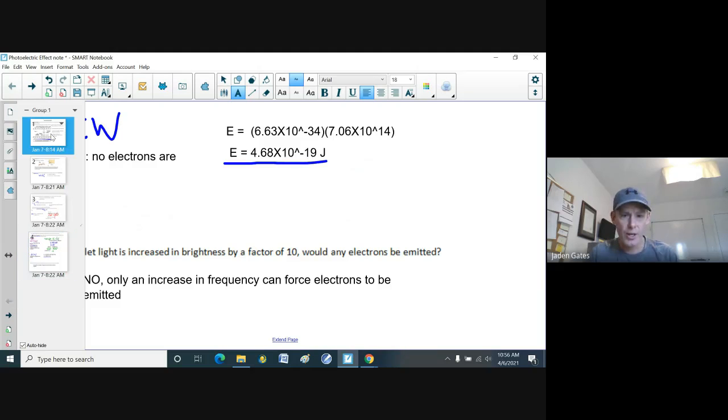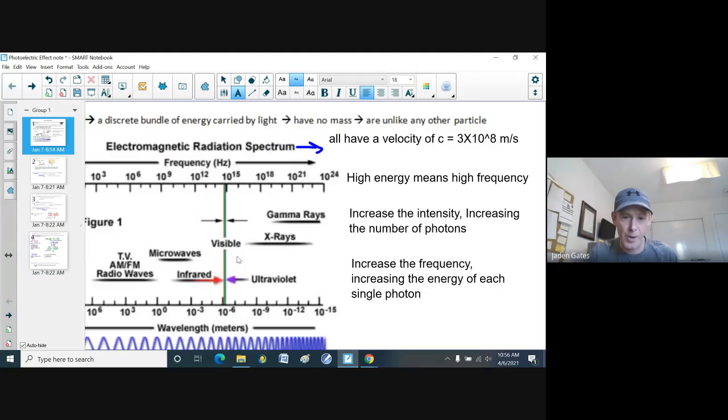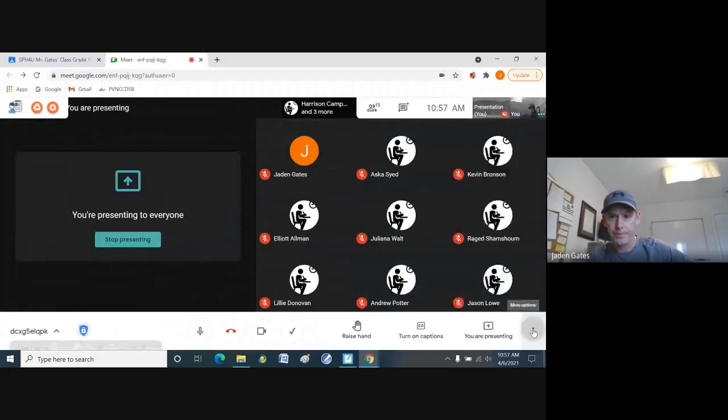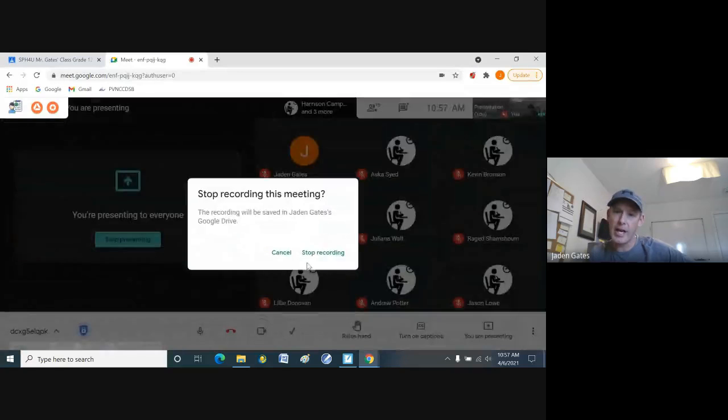So in this case, if we got violet light in here somewhere in this tiny little sliver, well, we have to go to the right here on our scale. And so maybe ultraviolet light would work, maybe even, because we were so close, a different light, maybe red light or blue light. I'm not sure which one of those is on one end of the spectrum. I can't remember now. I think it's blue. But that's what it would take to emit an electron from copper. So again, this is new stuff, this is new physics. Again, last 30